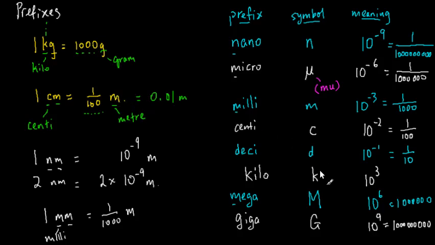But the important thing about using prefixes is to know how to convert between different units or units of different prefixes. We have already seen a few examples. If you want to convert from 2 nanometer to meters, all you need is to replace the n by 10 to the power minus 9. But what if I want to do something slightly more complicated? What if I want to